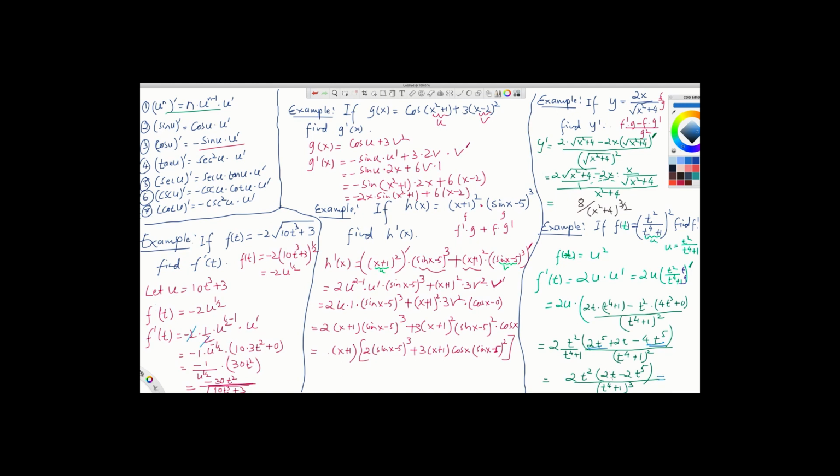I think WebWork accepts this answer too, but if you want to be more specific, if it doesn't like that answer, I have to factor that t out, also 2 out, 2t out. So if you take 2t out, that 2 and 2 will be 4t cubed, right? 4t cubed, and then 1 minus t to the 4 divided by t to the 4 plus 1 to the third. That is the very final answer. Okay guys,